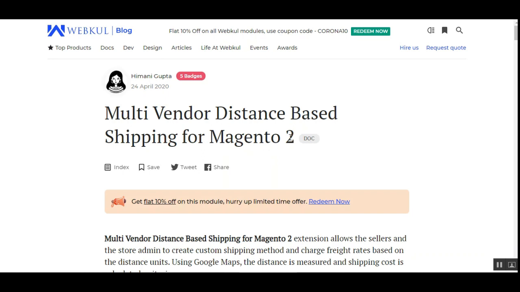Basically this plugin helps the store admin and the marketplace sellers to create a custom shipping method wherein they can charge the freight rates that are based on the distance units. The distance is measured using Google Maps and the shipping cost gets calculated unit wise, and the admin can set up the configuration to calculate the shipping distance by either choosing the Google Map distance or the latitude or longitude. The admin can also set up the option to display the estimated shipping charges on the product page itself,